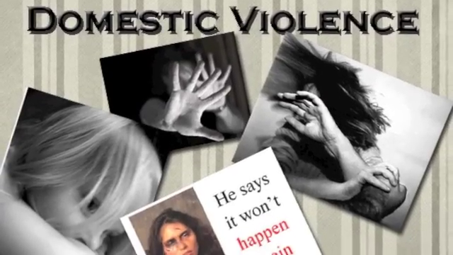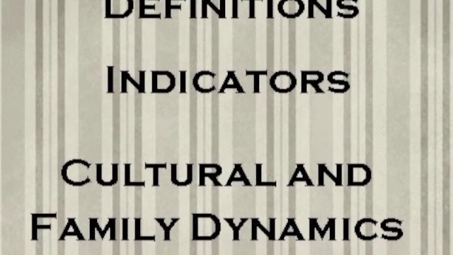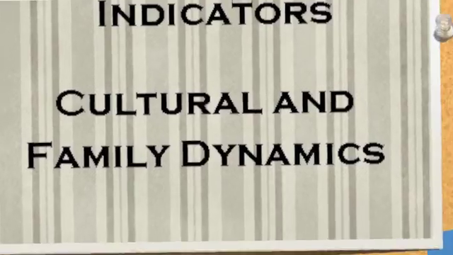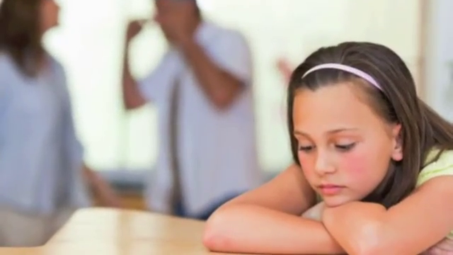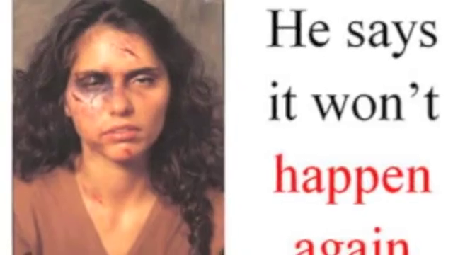In this unit, you will understand the definitions, indicators, and cultural and family dynamics of domestic violence, intimate partner violence. You'll also be able to identify the effects of domestic violence on children and adult victims. You'll understand how domestic violence affects parenting by offending and non-offending parents. You'll emerge from this unit able to understand the importance of appropriate interventions and responses in cases involving domestic violence,